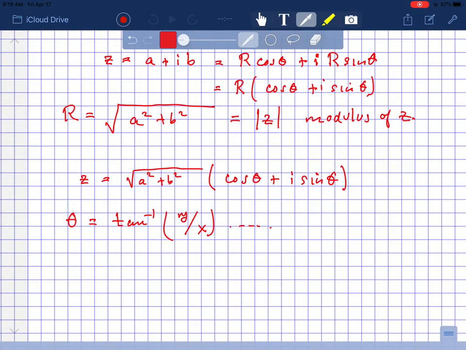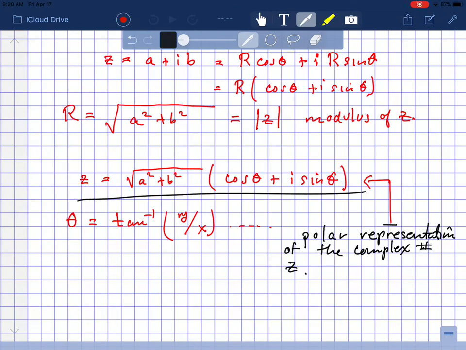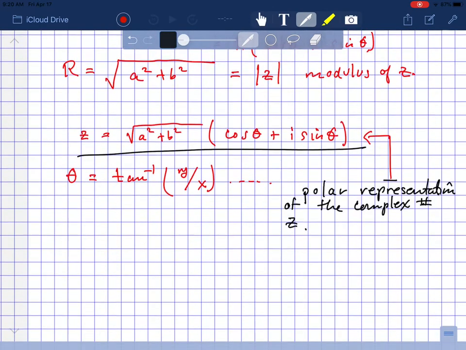So this representation here, and I'm going to change this back to the black ink. This representation is called the polar representation of the complex number z. Okay. So let's take a look at